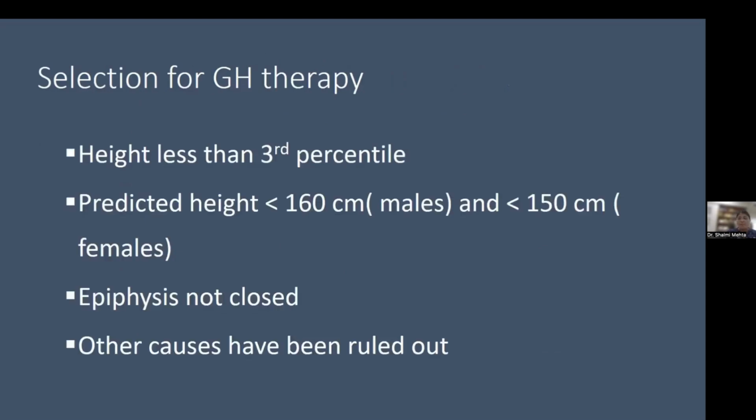Right? Now, remember, whenever you're putting a child of idiopathic short stature on growth hormone, we have to make sure the epiphyses are not closed. So often girls come to us at the age of 12 and 13. They've already started menstruating since 10 and a half to 11 years. And now they have realized that the child has not been growing for the last 1 year, right? So if the epiphysis, the bone gap, is already closed on the X-ray, then even growth hormone therapy is not